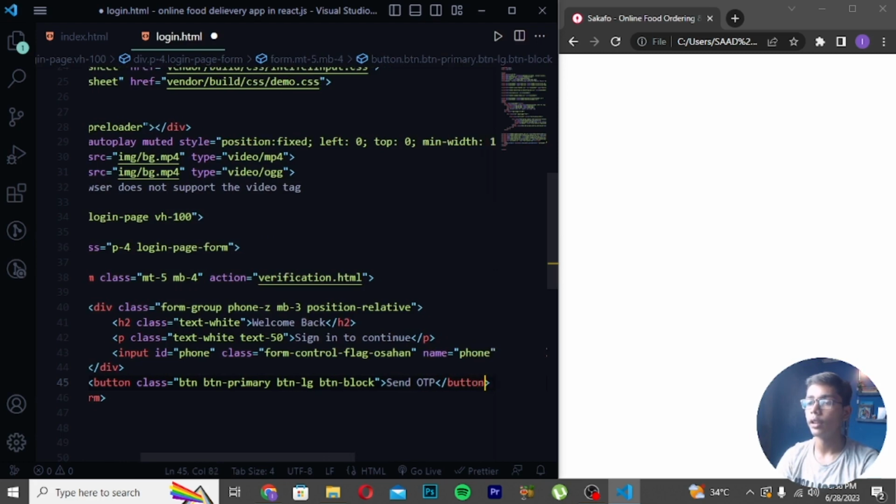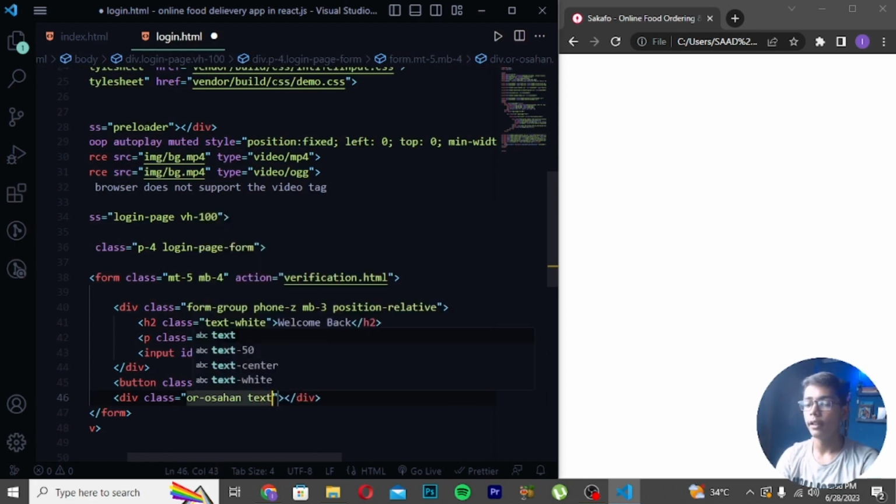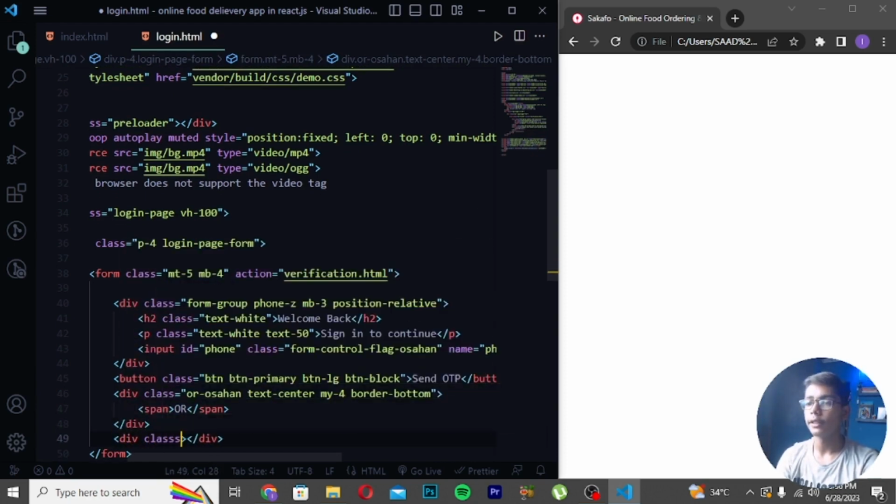Then you have to now just move down and write here div class, and then you have to write OR and write here span like this, and then you have to write text center. So here I will be writing, then write here my code and write here border bottom like this. Then you have to now just move down, write here small tag and write here for in capital. Then you have to now write here div class and create here